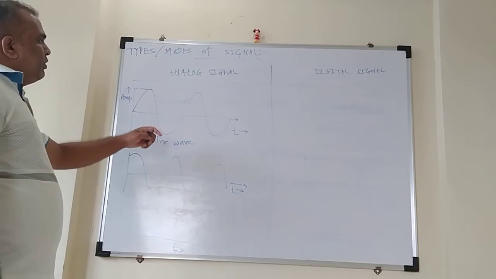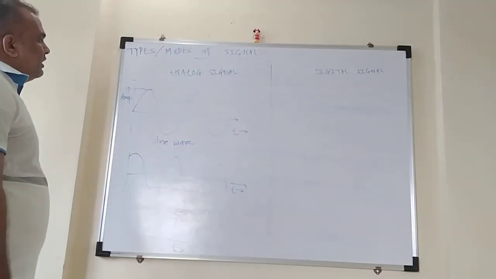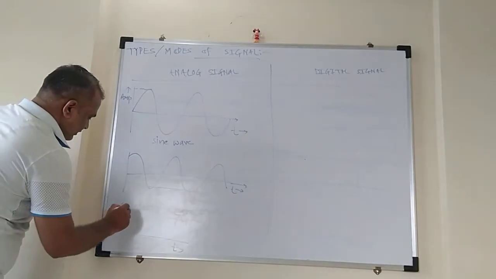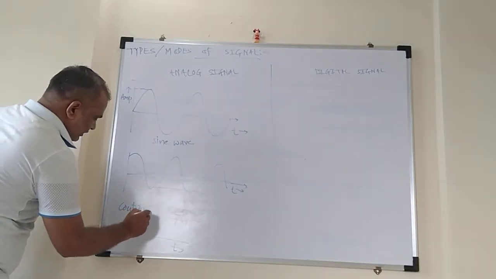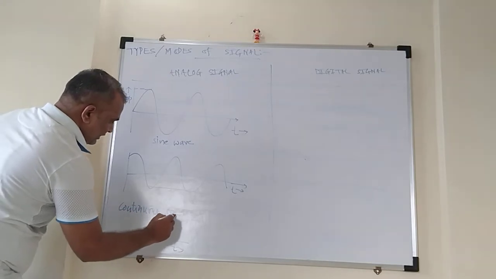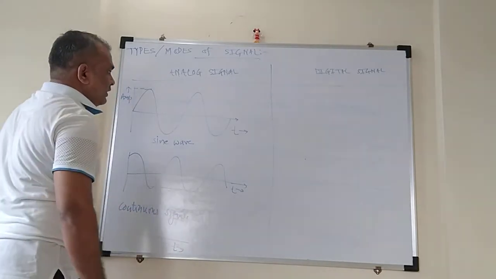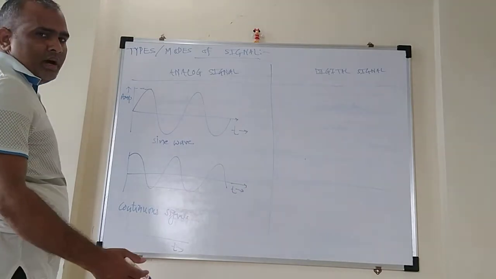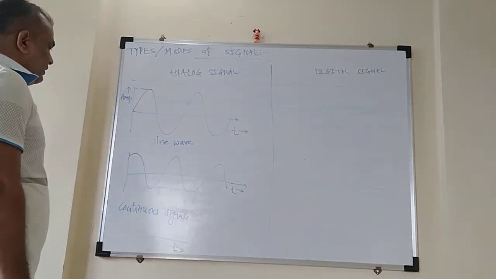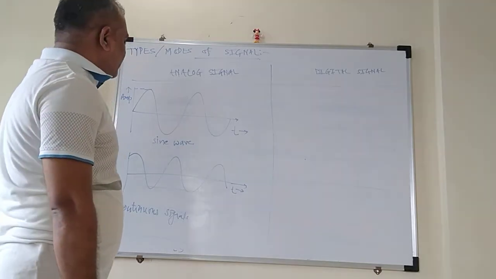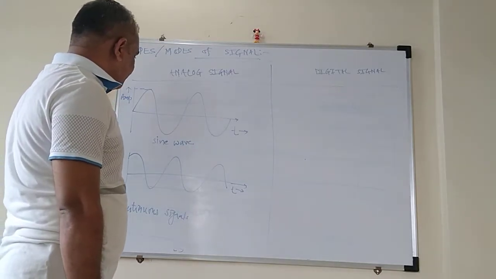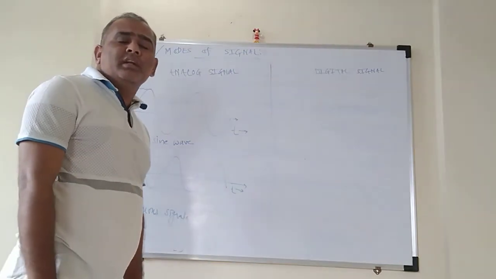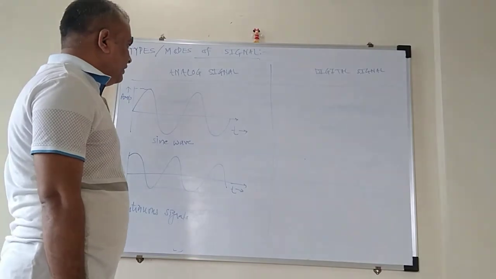And what is the important point that you can point out in the analog signal? These analog signals are continuous signals. These are not discrete signals. So I can say analog signals are continuous signals which vary continuously with respect to some other physical quantity, whereas digital signals are the signals which are not continuous, rather those are discrete signals.